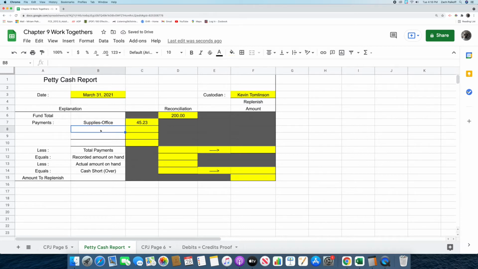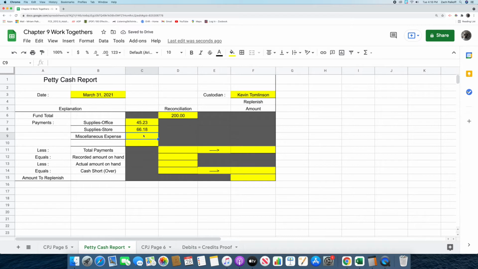The next fund total payment is supplies-store, and the amount is $66.18. And the last fund total payment is miscellaneous expense. And the amount is